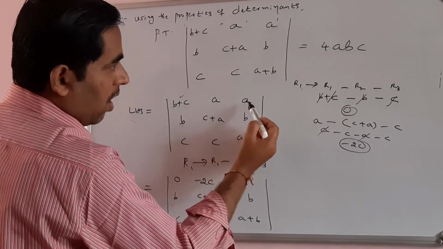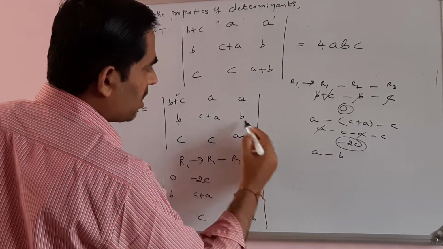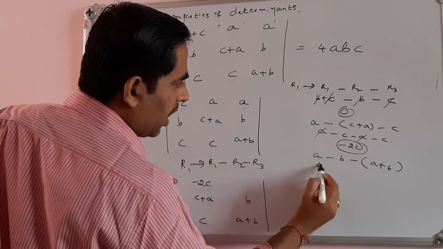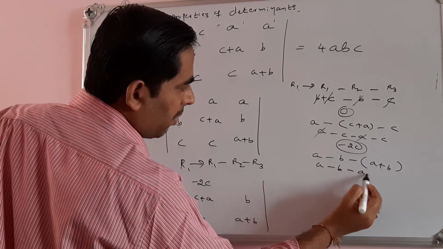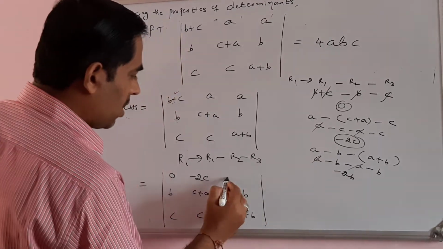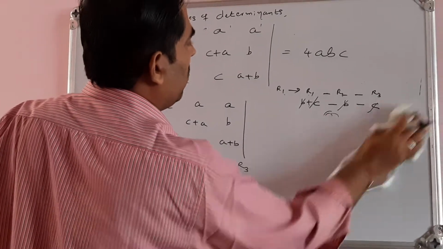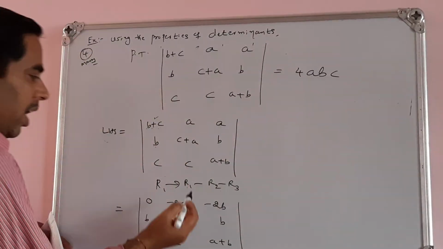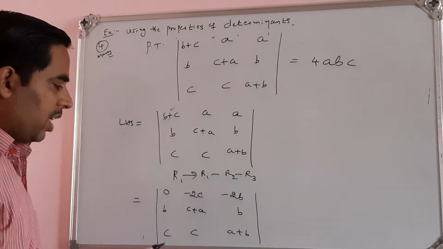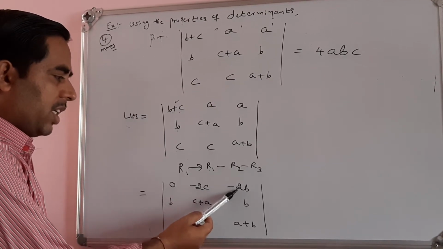Then similarly see here, R1 minus R2 minus R3. So that is A, the first element is A minus B, C minus of, here we have to write the bracket. Okay, you can write it directly. So I will just remove the bracket, minus A minus B. Okay, so minus A plus A cancels, minus B minus B, that will be what? Minus 2B. So I can write this as minus 2B. You can do the rough work aside separately and write it here. Okay, R1 minus R2 minus R3. So I will change the first row. Okay, see here. Then I have reduced this element to 0. Then this became minus 2C. Then this is minus 2B.